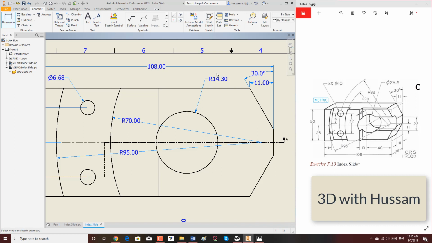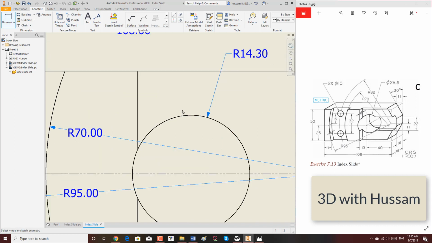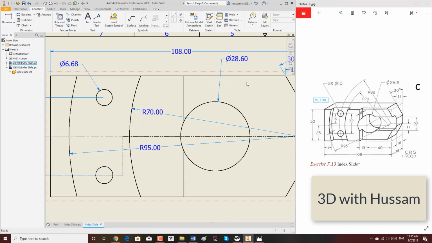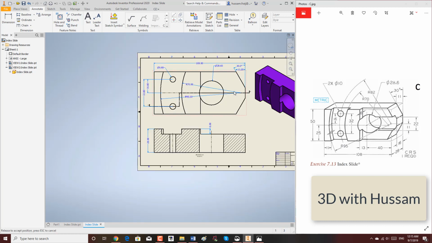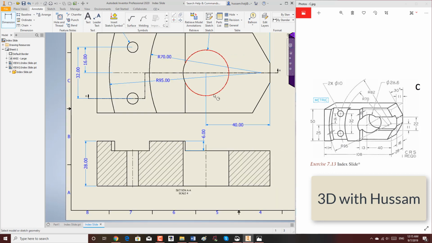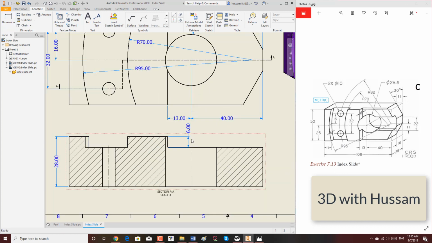If you want here to change it to diameter, which is 28.6, you can go like this. Once you click on diameter here in dimension, right click, dimension type, change it to diameter. See, now you can change it to diameter. Then don't keep 2 values, we have to delete it. Okay, 108, we forget the 40, we forget the 13, this 6 we can make it outside,